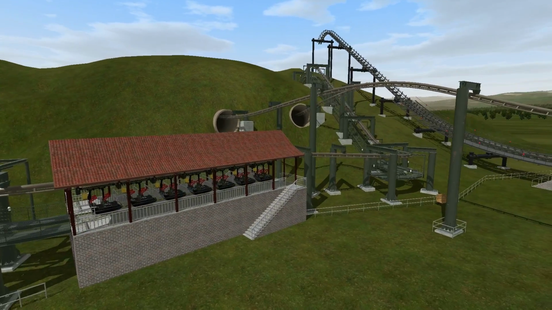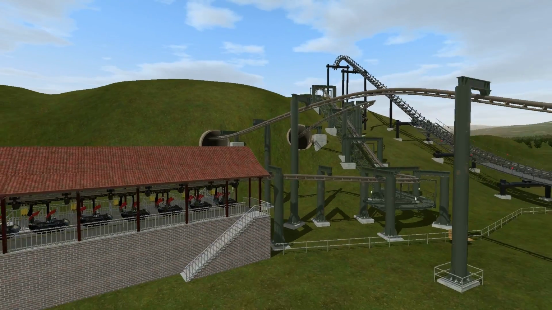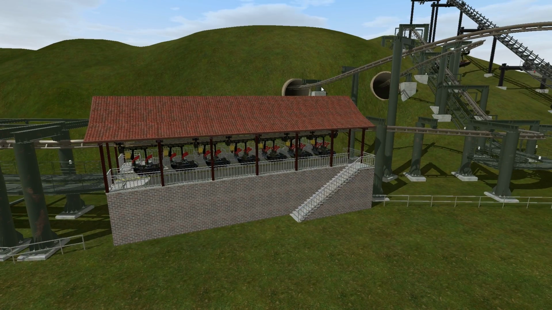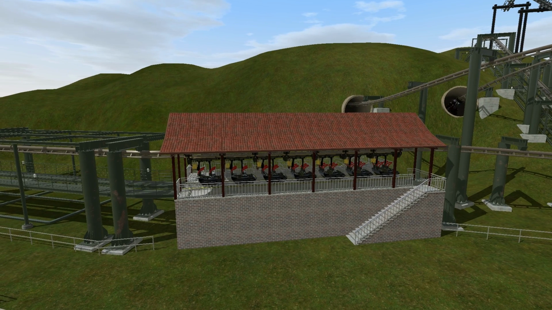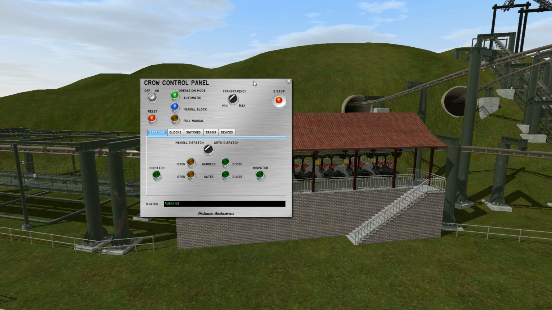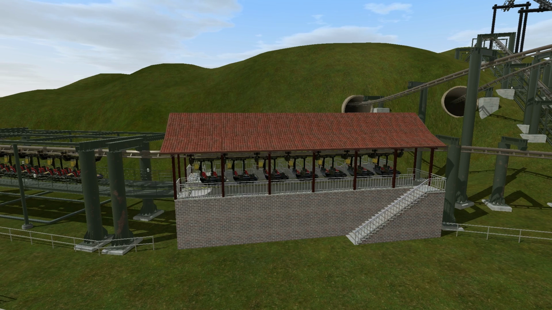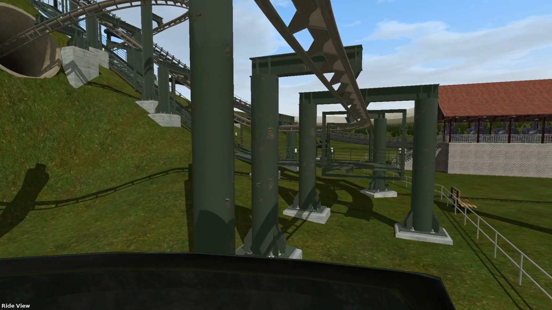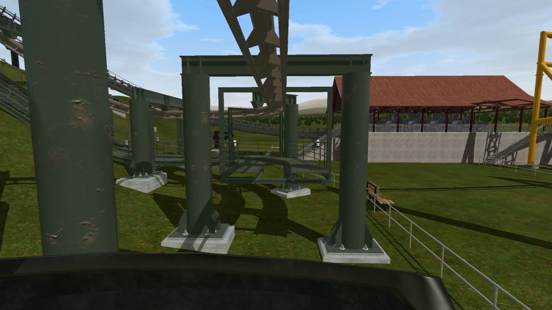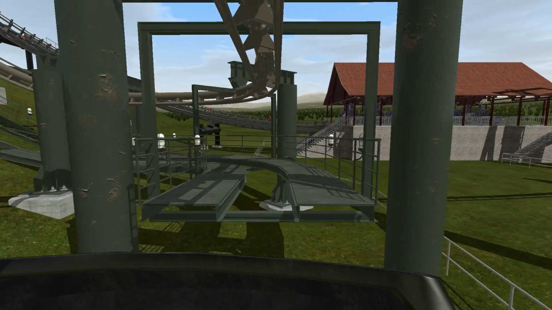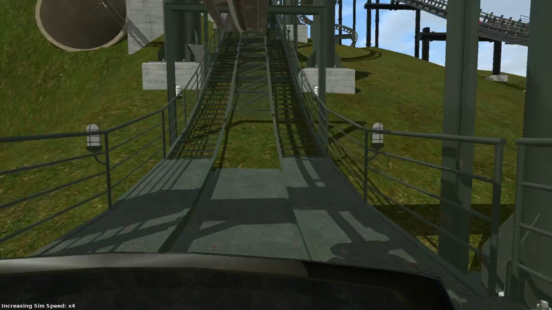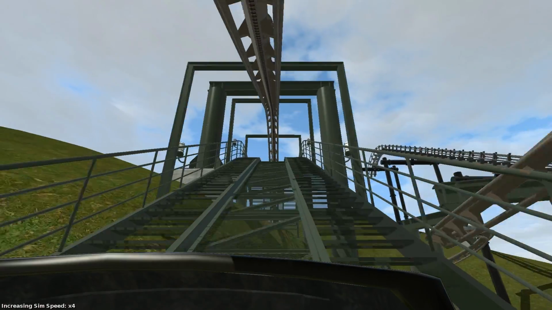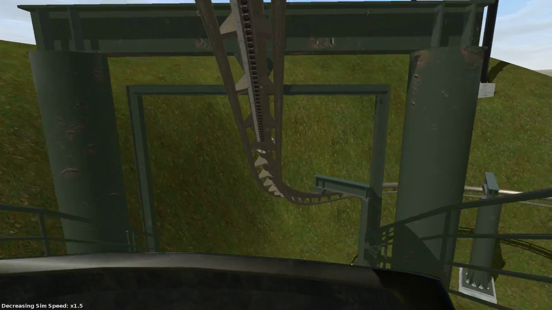Alright. Where is the train for Crow? Alright, the train for Crow, yeah, it's right there. We are actually going to hit F5, we're going to select Crow here, and here's something fun. You hit F4, you get the control panel. We're going to hit reset, and we're going to ride it. By the way, E is to switch between the different views and everything, and it just looks nice. So I'm going to go ahead and speed this up just because Swift Hills, you know. Alright, we come down here,